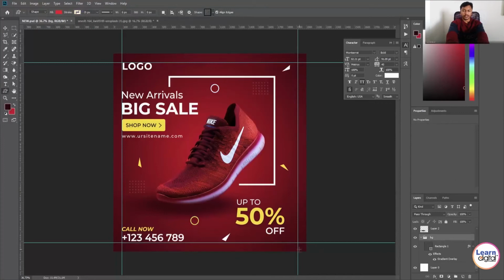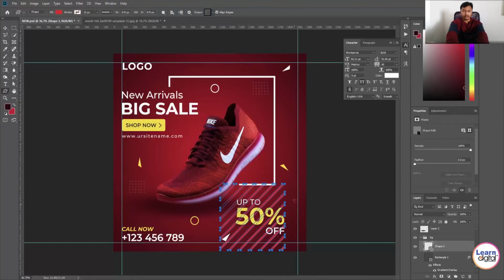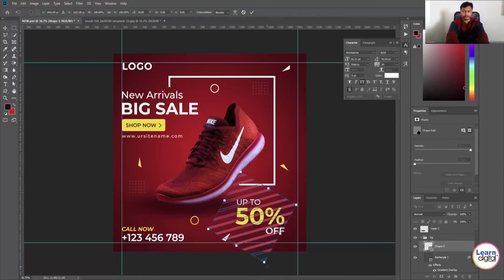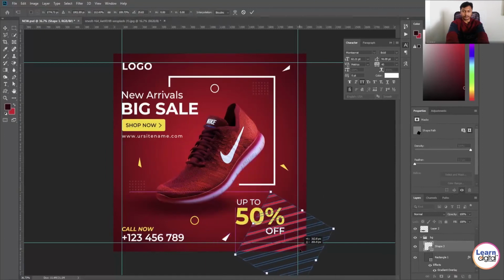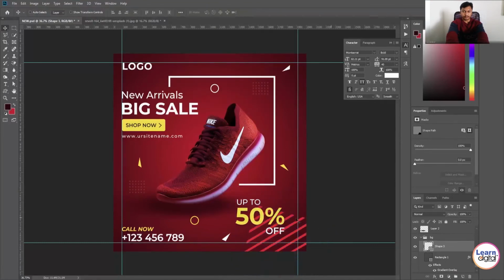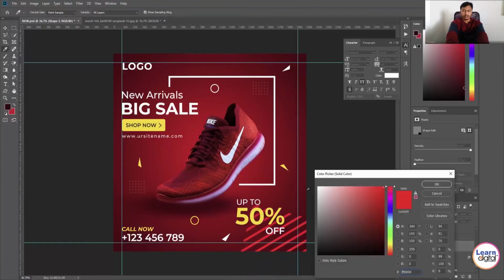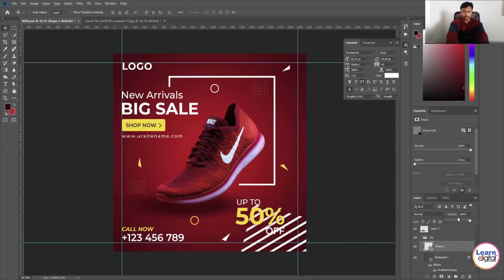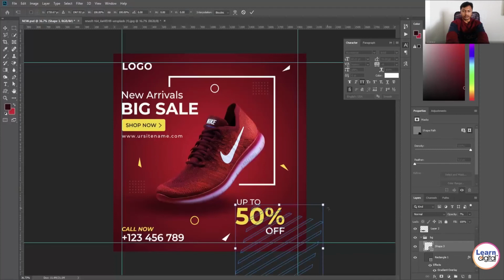In custom shapes also you have a lot more designs. Change the color, decrease the opacity. Now it looks completely blended with the background color, because of the lower opacity. Opacity is nothing but the transparency of the layer.